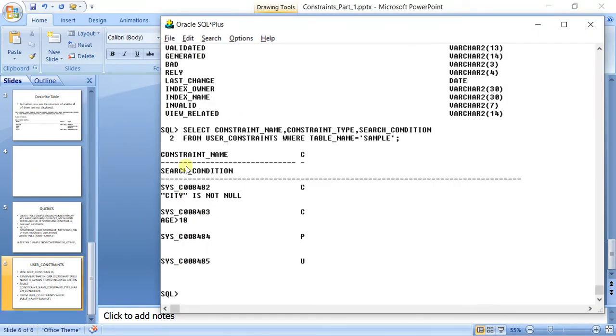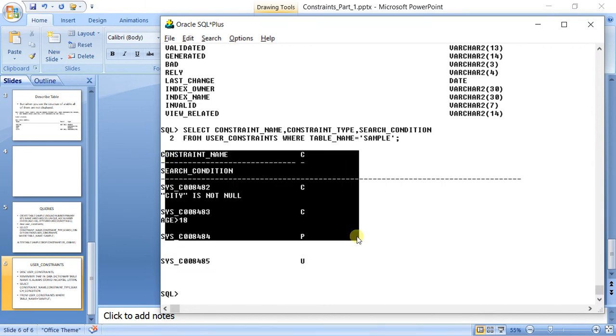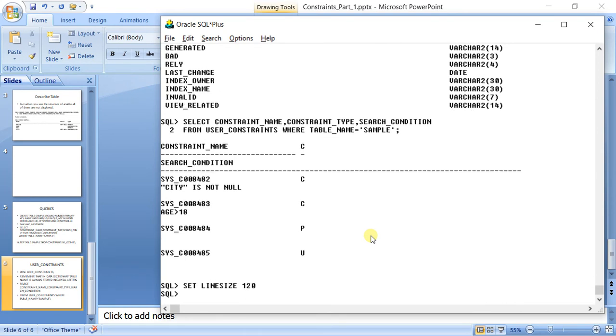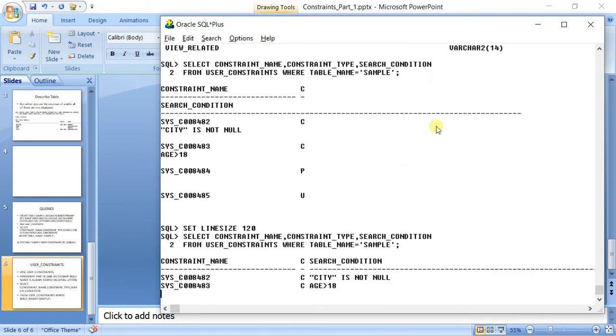Now sometimes the output will come like this. It is because the line size is a little bit more. What do you do? Set line size maybe 120. Now you execute this query again. Now you can clearly see these four constraints.